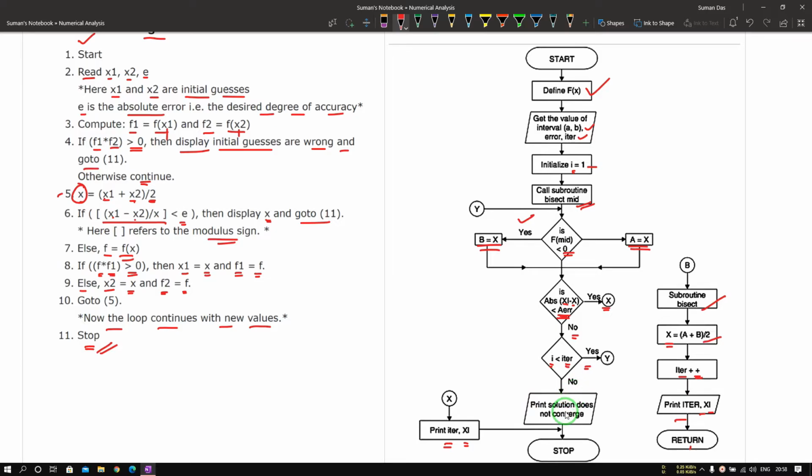If that is no, then we print that the solution does not converge, and finally we stop. So that is the algorithm and the flowchart of the bisection method. Now we will proceed with the C programming and the C++ programming to solve the bisection method.